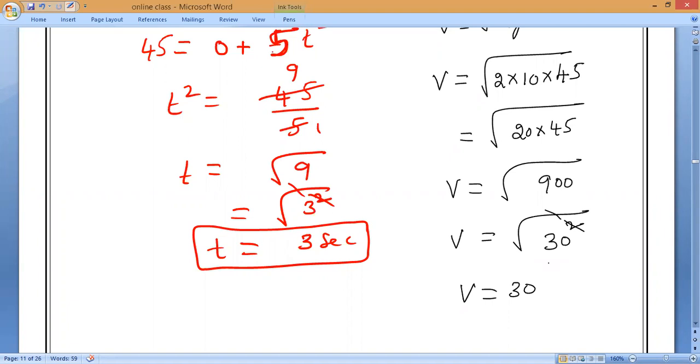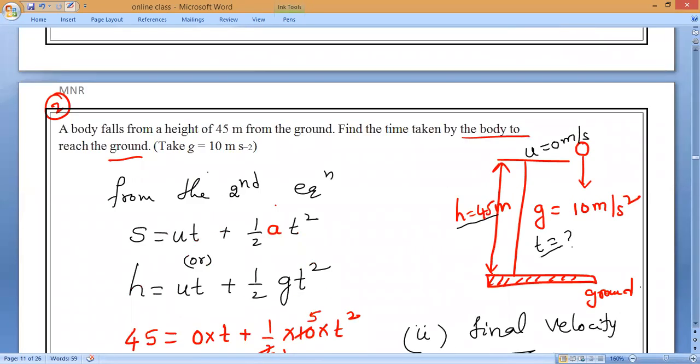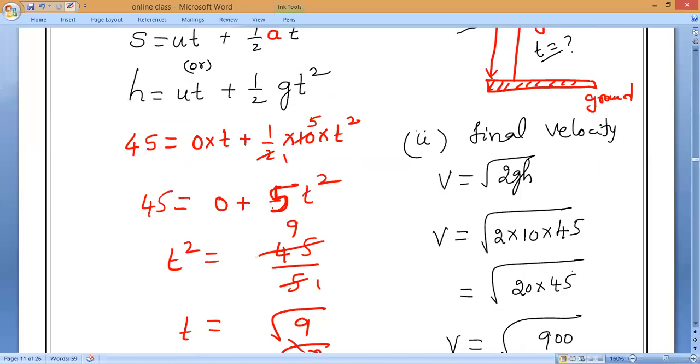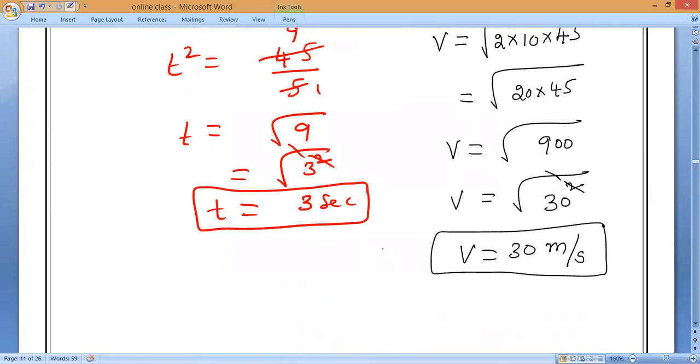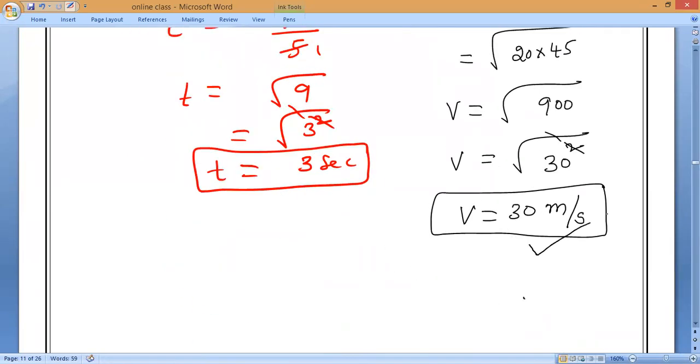Vartini or Danishkar? Danishkar, can you say? Yes, sir. Sir, unit of velocity is meter per second and kilometer per hour, sir. So here what will come? All are in meters and seconds. So that it will come what? Here meter per second will come, sir. That's all. Very good, Danishkar.